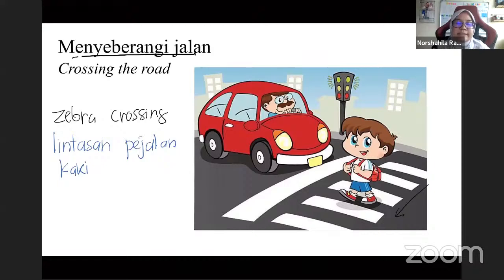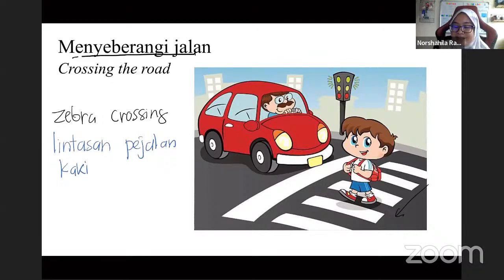We have quite many zebra crossings in Malaysia actually. But the reality is people in Malaysia don't use a zebra crossing. We use the power of hand. Sometimes when you go in front of the car or you want to cross the road, they will do something like this, the hand. Stop. They ask the car to stop for you. So please be careful. Sometimes they will use the power of hand and just cross the road.